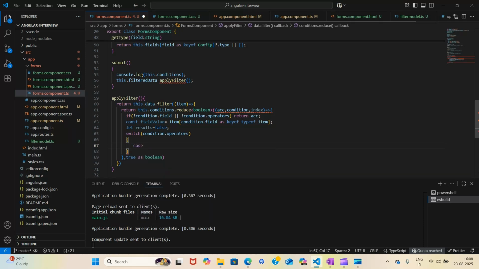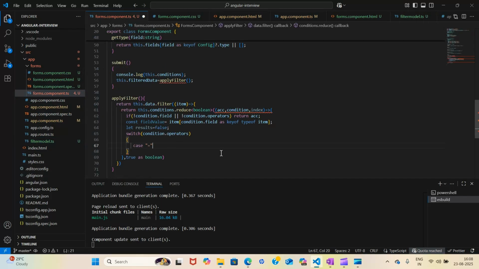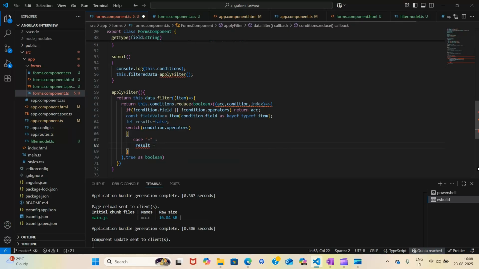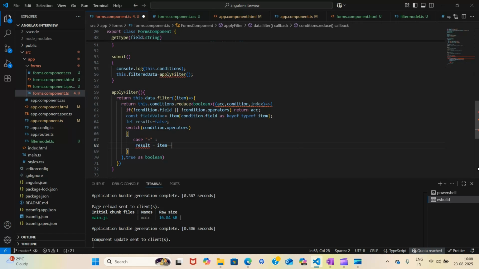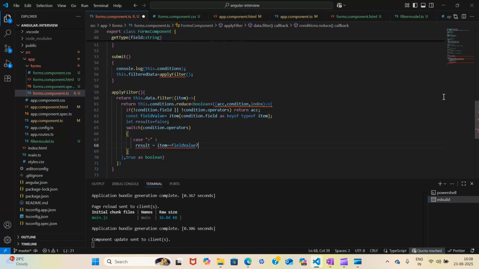For example, the first case can be like if equal to is given. Okay, so I can say equal to, not equal to, and less than, greater than are given. So right now take a few. Okay, so for each case and result, what will you store? I will use a ternary operator. Okay, so now I have to compare whether my item is equal to my field value. Okay, this item dot